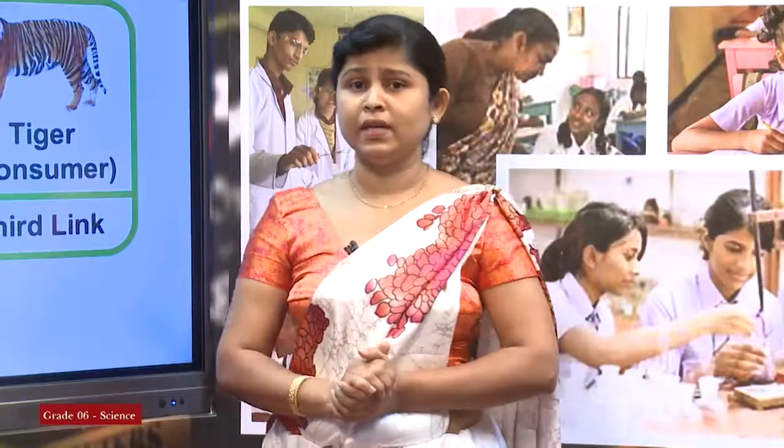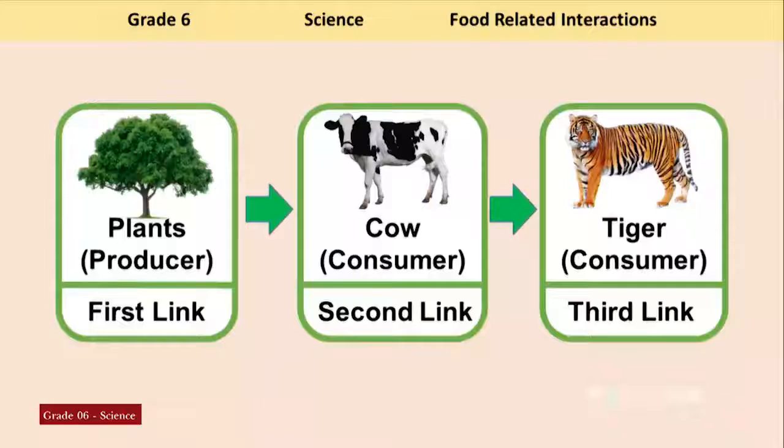My dear children, I have given you a connection here. Now I have given you a connection between plants and animals. Look at the connection given on the screen. You can see that there is a plant. The plant is consumed by the cow and the cow is consumed by the tiger. Once again, the plants are consumed by the cow and the cow is eaten by